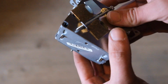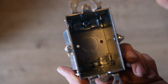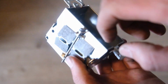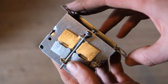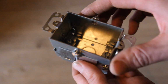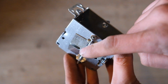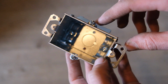So in combination with, you take these Romex clips out, and then you use long screws to screw into the Adobe bricks with these two holes here. In combination with these two side clips and screws in the back, you get a really good solid connection in the wall. The alternative that I've seen, what was used before in the house, was they just used a plain box without the side clips, and they screwed it or nailed it through the back, and then they